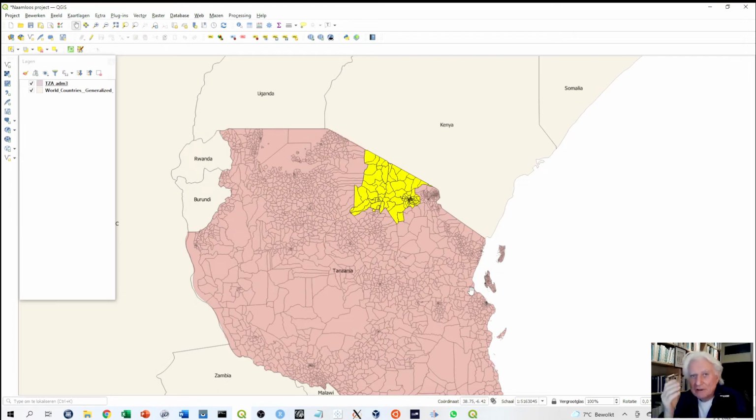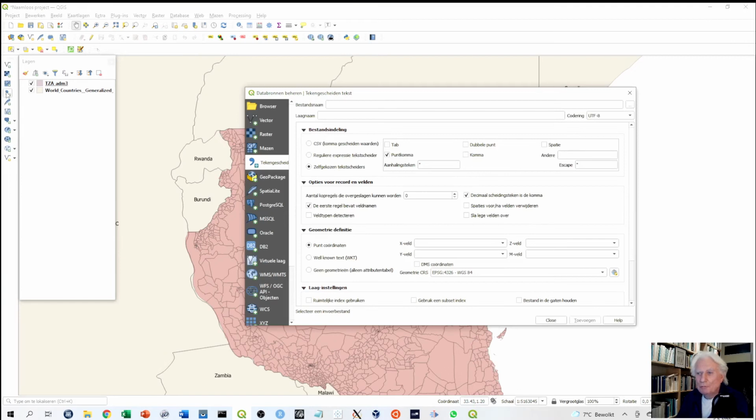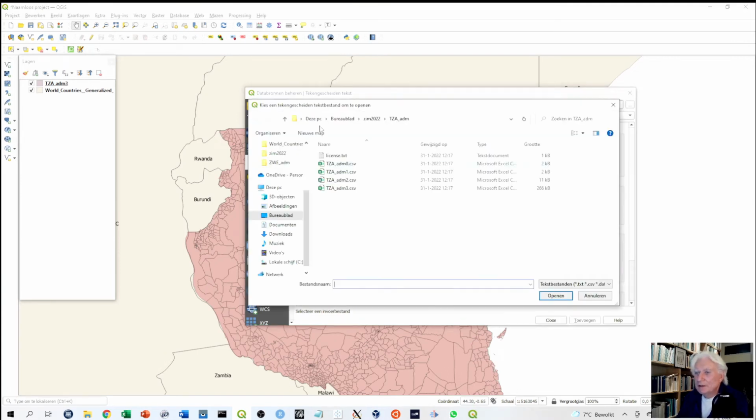Next step is that we're going to add the water points. Water points, that's a new layer. Remember, we have now 3 layers: the world, then Tanzania districts, and next we're going to add the water points. But remember, the water points is a CSV file, comma separated. So it's not a vector, so you choose comma separated from here, and you check this one up,